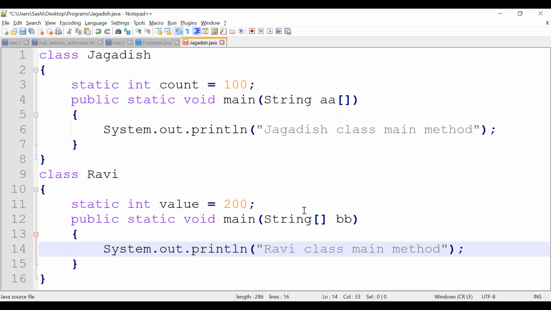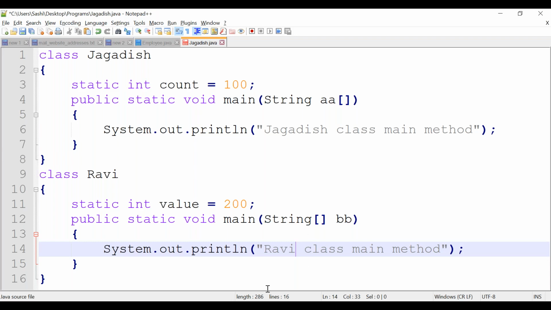Jagadish is having two members, that is the count variable and the main method. Ravi class is also having two members, one static variable value, and another the static main method.